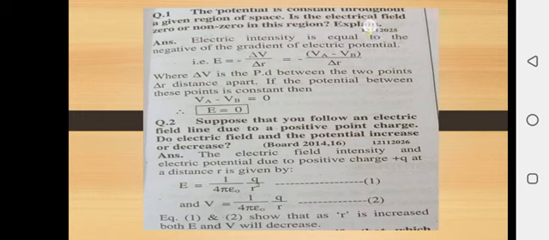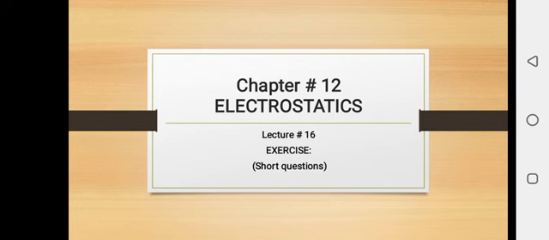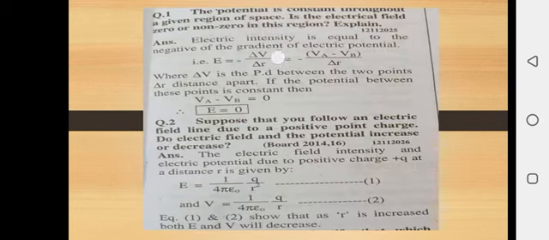To discuss whether the electric field is zero or non-zero in this region, first of all write the formula of gradient of electric potential, that is E equals minus delta V over delta R. As delta V is the difference between two potentials, we can write it as VA minus VB, the potential difference between the 2 points, and delta R is the distance between them. When the potential is constant, as given here, it means VA minus VB is equal to 0. When there is 0 in the numerator, it means the electric field value is also 0.